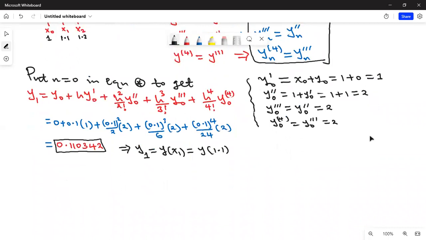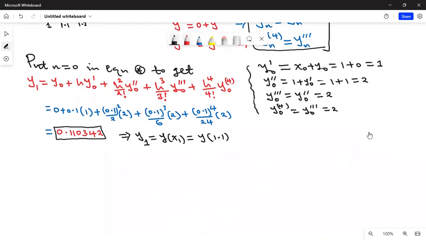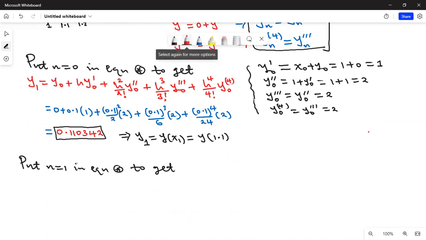So you can write this, that put n is equals to 1 in equation star to get, that will now give us y2 is equals to y1 plus h y1 prime plus h squared over 2 factorial